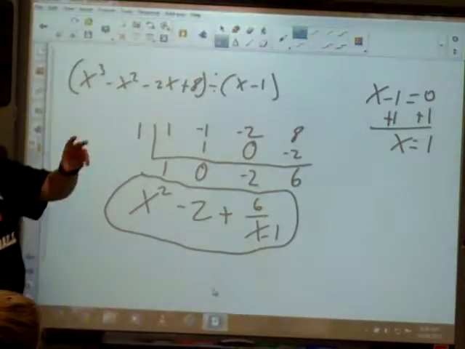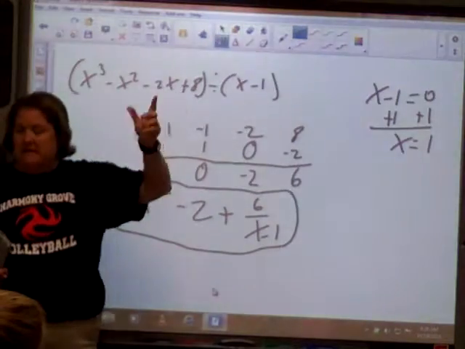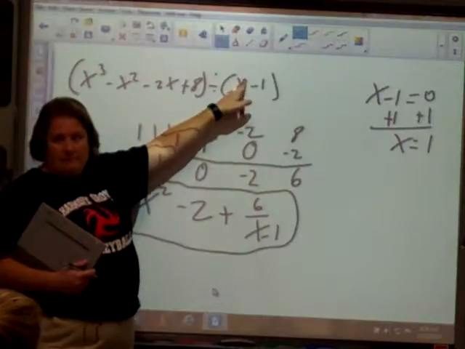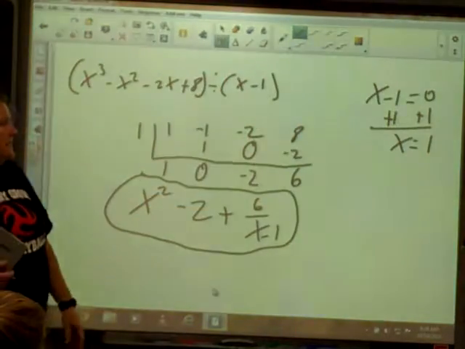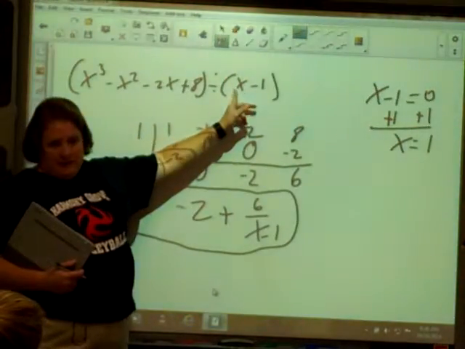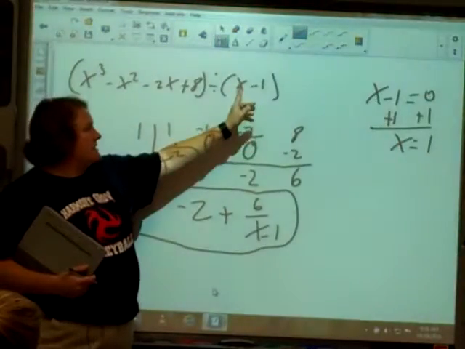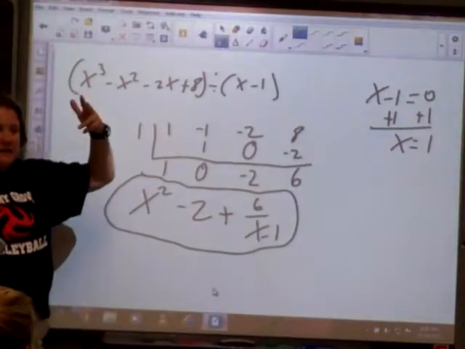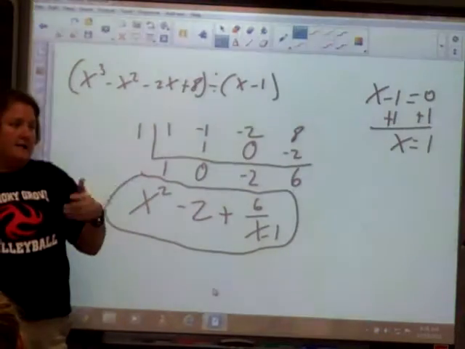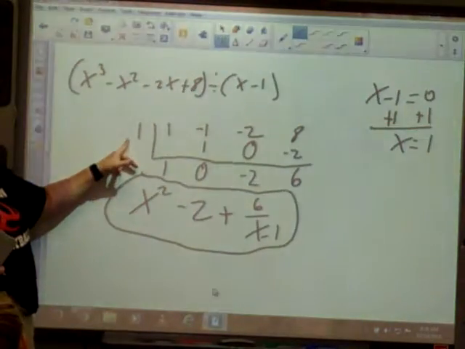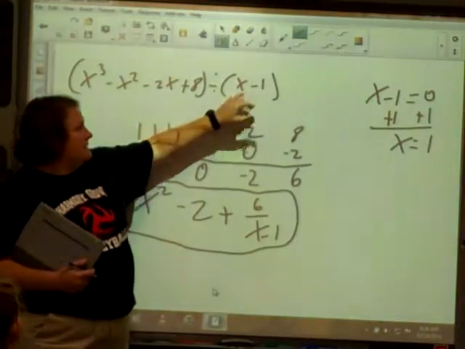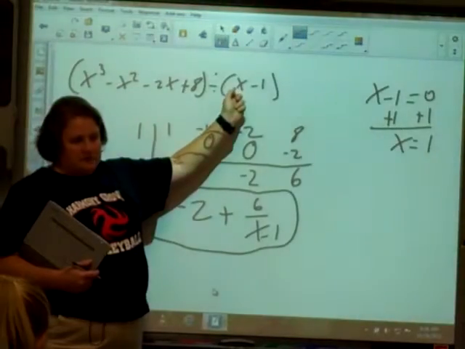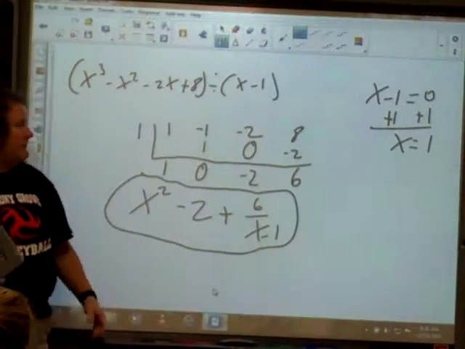I'm going to tell you about that, but we'll do it now. Synthetic division you can only do when you're dividing by something to the first power. It's easiest when it's a 1x or y or z, whatever, to the first power. It's because you've got to be able to solve it for x. If it's a squared or something like that and you solve it for x, you can have more than one answer. So you wouldn't know what to put out here, right? So it's got to be an x to the first power, and most of the time I do it if it's just like a 1x to the first power. If like that first one that we did,